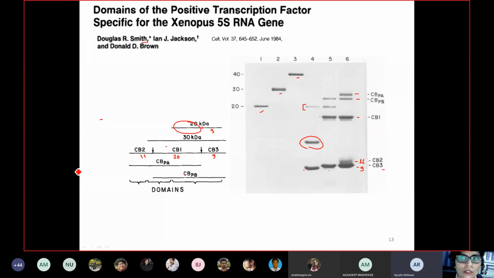I think so. What you see here are the cyanogen bromide fragments coming from 20 kilodalton, coming from 30 and coming from 40 kilodalton. After cyanogen bromide cleavage, you map this based on the fragments coming out from the cleavage. You have fragment number 3 around 9 kilodalton, fragment number 2 around 11 kilodalton, and then in between, because the total molecular weight is around 40 kilodalton, altogether you get this map of 40 kilodalton.